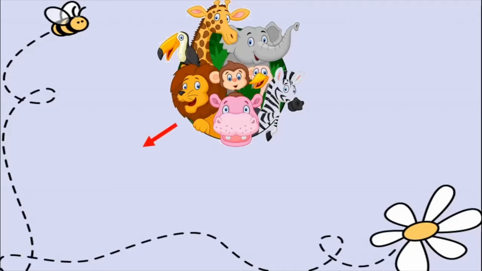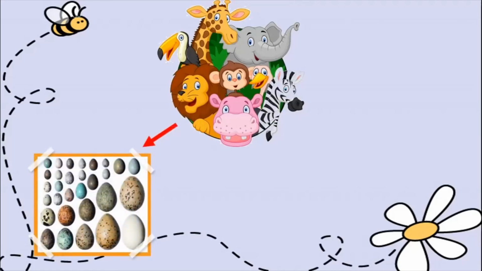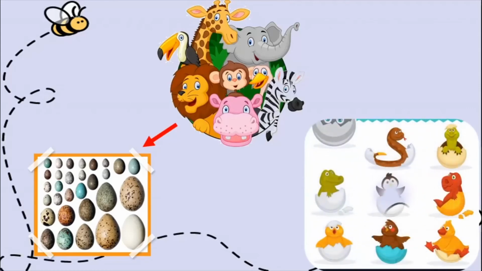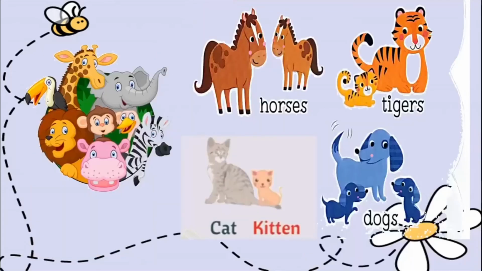One is by laying eggs. Animals create a smaller animal by laying eggs. Can you see the different types of eggs here? Eggs of different types of birds. Alright, so you can see how these small baby animals come out of these eggs. So this is one way in which animals reproduce, and the second way is when they give direct birth to